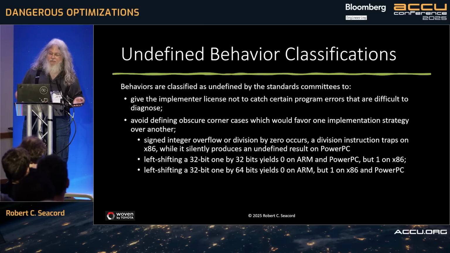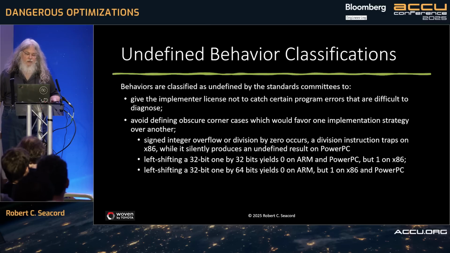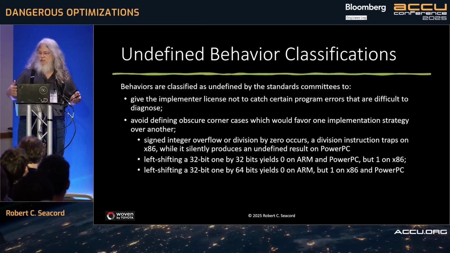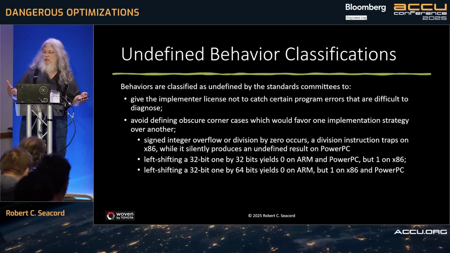And because of that, people who develop hardware don't know what the answer is. So they make up something, and they make up different things. And so what most people don't want to do is force the language to produce a predictable result for a nonsensical computation, right? Because you're slowing things down for absolutely no reason. And so this is another category of undefined behavior. It just lets the hardware do what the hardware does. And as a programmer, you have to allow for some possible range of behaviors, which probably most of the time doesn't matter, right? Because you're talking about a weird corner case that shouldn't exist anyway.